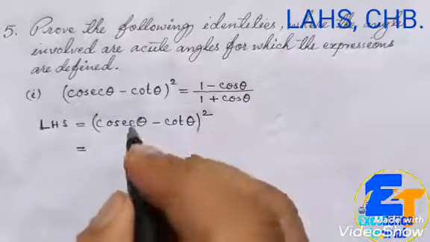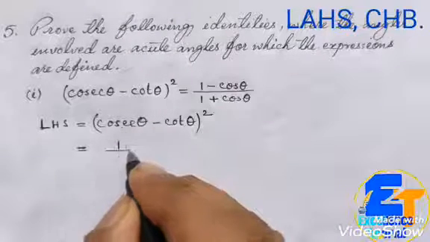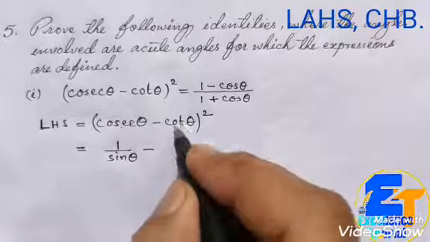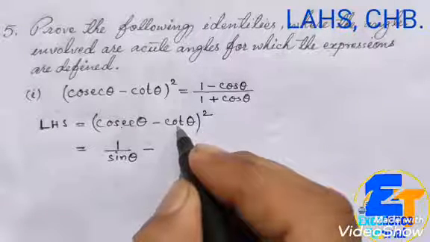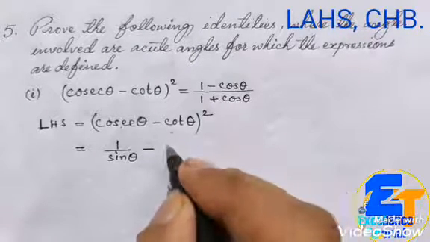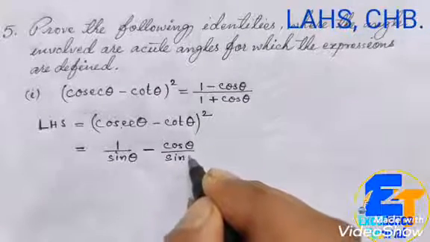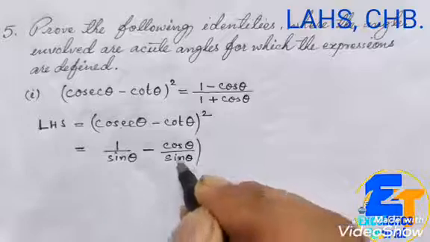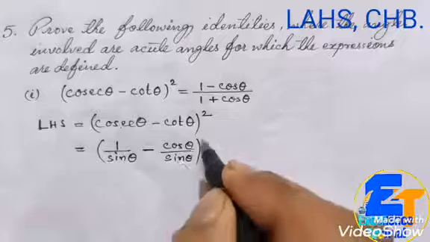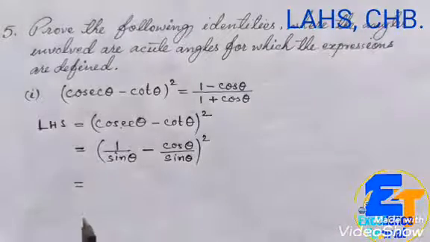Cosec, as you know, is the reciprocal of sine. So in place of cosec theta, we are going to write 1 by sine theta. And cot can be expressed in terms of sine and cos. So what is the ratio for cot theta? Cot theta is cos theta by sine theta. Remember, cot theta equals cos theta by sine theta, but tan theta is sine upon cos. Since here the trigonometric ratio given is cot, that's why we have written cos upon sine, and whole square keep as it is.